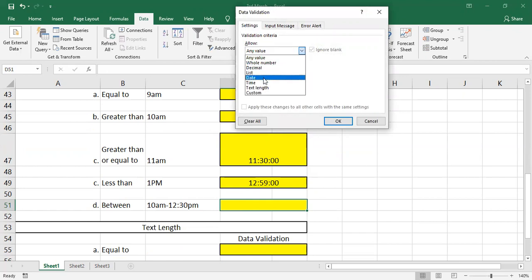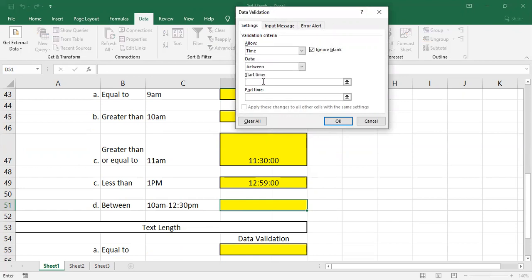Under allow, you need to select your time. So here you have to select between, and start time should be what? 10 o'clock. So 10:00:00, and end time should be what? 12:30 p.m. 12:30.